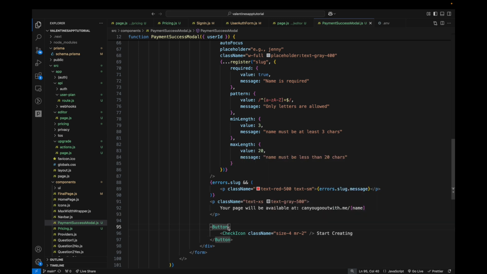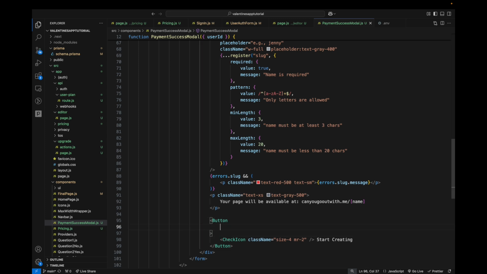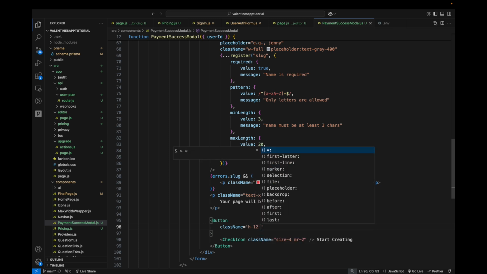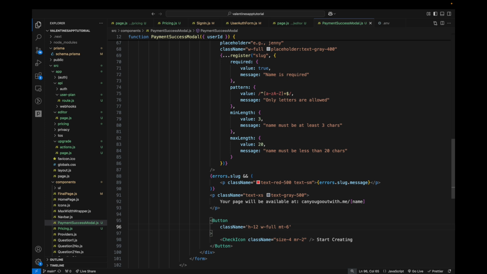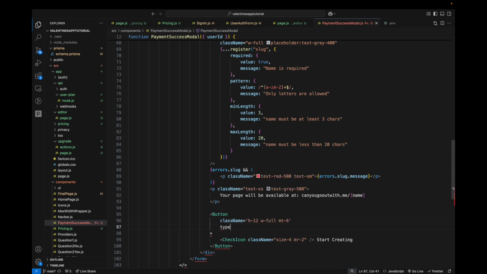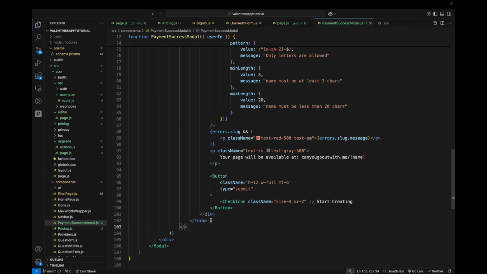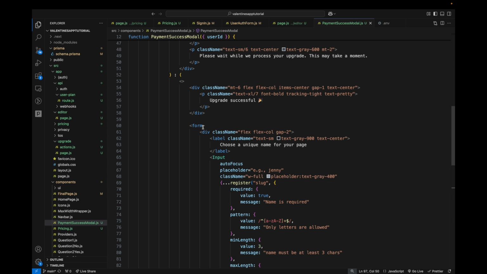And let's style this button. Let's say class name is equal to height 12, width full, margin top 6, and the type is gonna be submit, because we're still in a form, right? So type submit, and let's come up to the form opening tag, and let's say onSubmit is gonna be